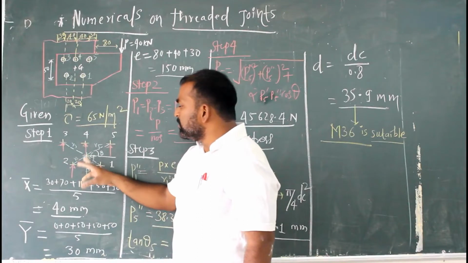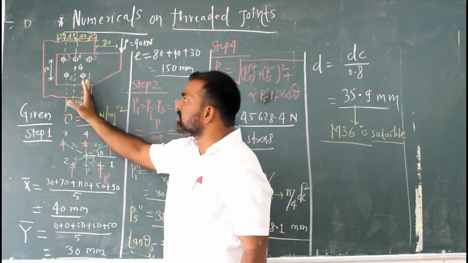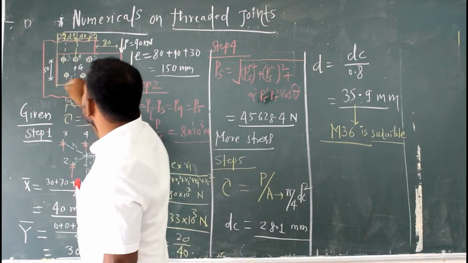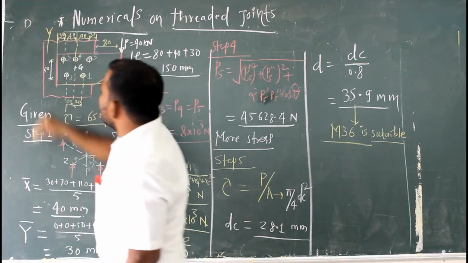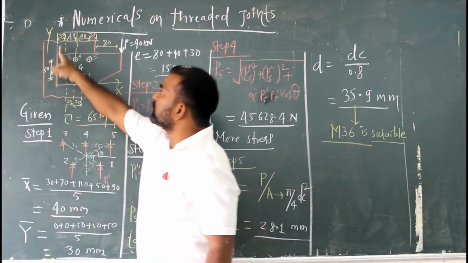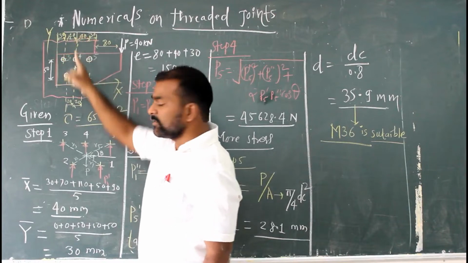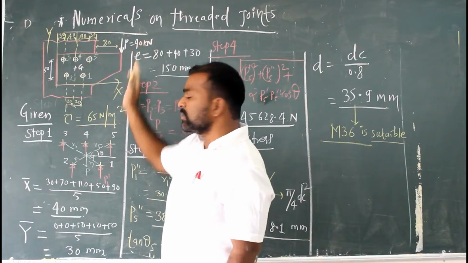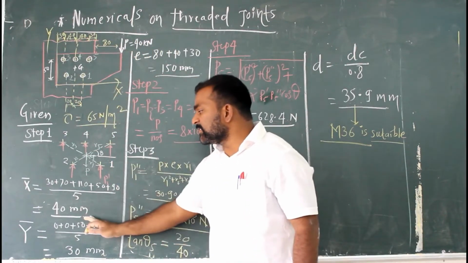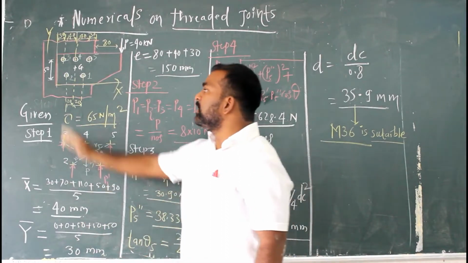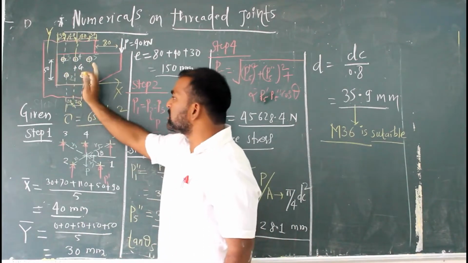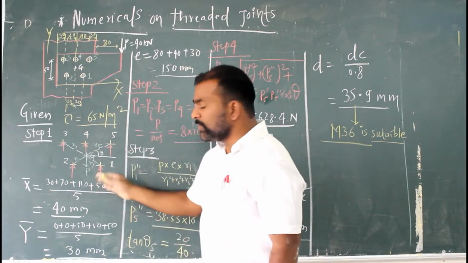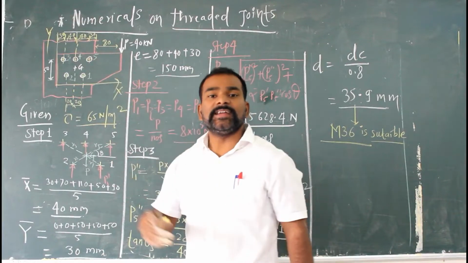So for that I made the CG calculation, that is x bar, the x-axis distance. I have taken x and y axes. So this is the y-axis, this is the x-axis. If I consider the x-axis, I can say 30 is the distance, then 70, then addition. So each bolt distance, 30, 70, I have taken from the x-axis. After adding this, I will get x bar as 40 mm. It indicates that the CG is situated 40 mm along the x-axis from this, so somewhere here. So I made the line at this point. Then what will be the y-axis distance so that I can get the CG?